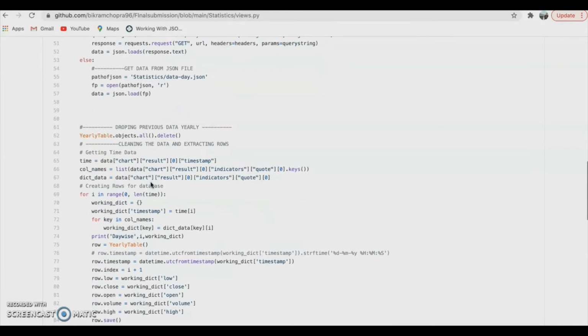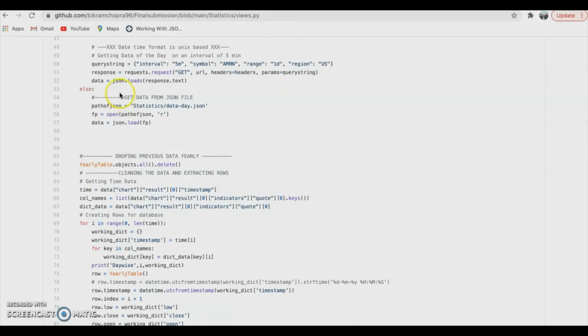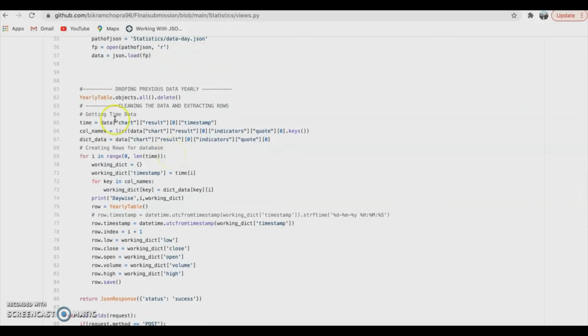Here we are getting the data in JSON format and putting it into a variable named data. From here, initially we are flushing out all the data from this database and putting the whole data into this yearly table.